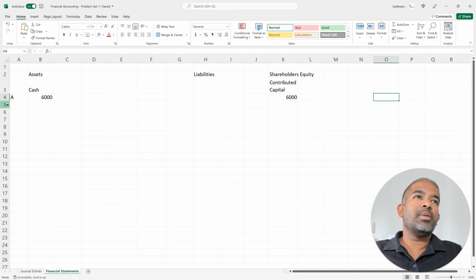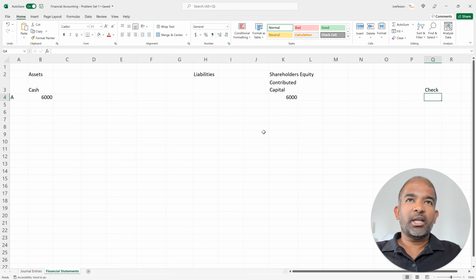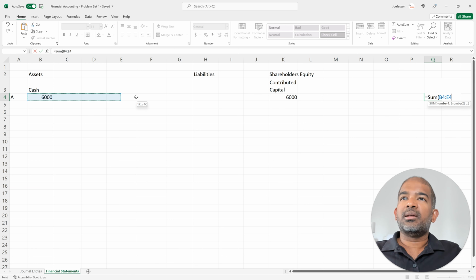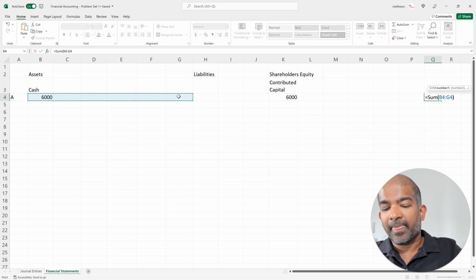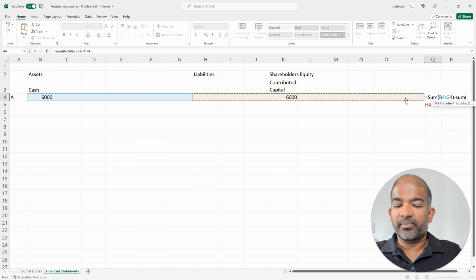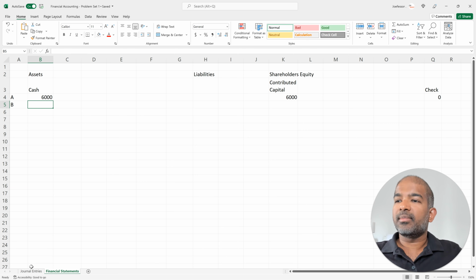I'm going to create a check here. The check will show us if the accounting equation always stays in balance for each of these transactions, just to make sure we don't make an error. So I'm basically going to sum all my assets, and subtract the sum of my liabilities and stockholders equity. This check has to always stay at 0. Then transaction B,